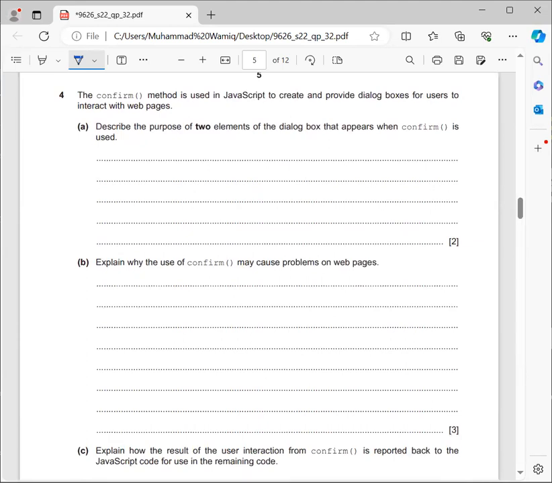Question number 4, it says that the confirm method is used in JavaScript to create and provide dialog boxes for users to interact with web pages. Describe the purpose of two elements of the dialog box that appears when confirm is used. When confirm is used, I need to describe the purpose of that. So for 2 marks, first of all, you can write that